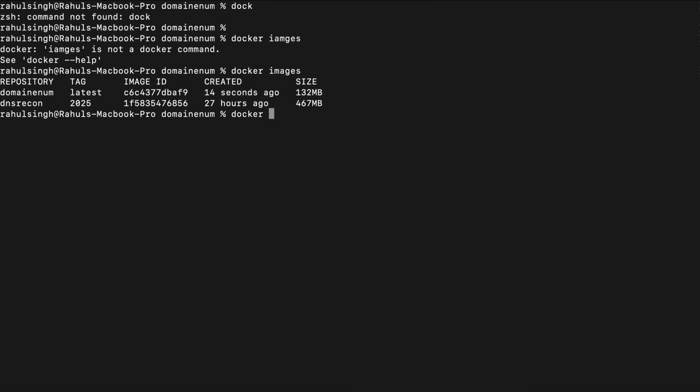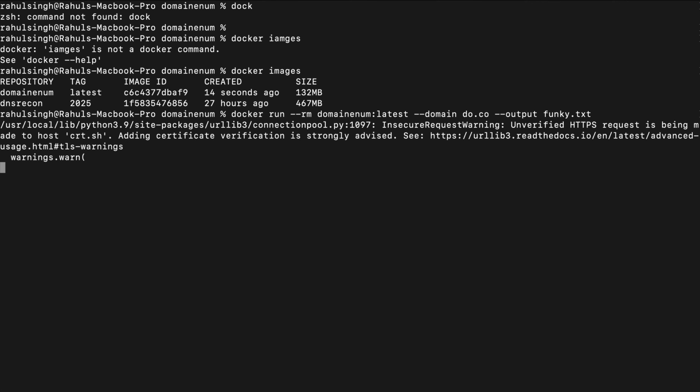The next thing we need to do is run the Docker container. So we can use docker run -t --rm. The reason I'm using --rm is because I don't want to save it. I'll just delete the running container after it has run. So I will be using domain-enum:latest, the domain, and output would be funky.txt. As you can see, it works just like we had seen it originally